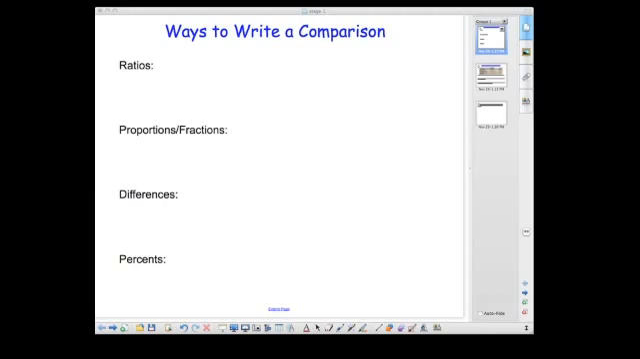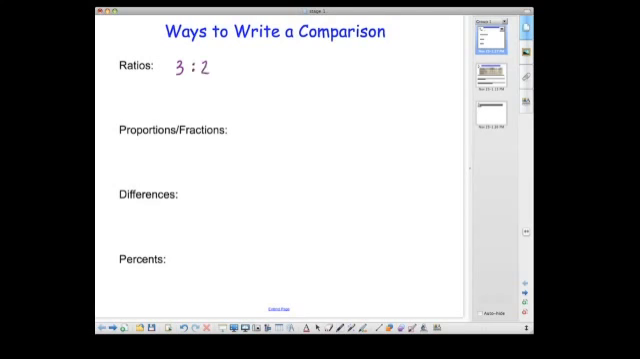Today we're going to talk about ways to write a comparison statement in terms of ratios, proportions, differences, and percents. Now, I know we talked about this last week, but I just want to clarify different ways to transition from a ratio to a proportion to a difference to a percent. Just as a refresher from 6th grade math, most of you have had some questions about least common denominator. So with a ratio, if we have the ratio 3 compared to 2,